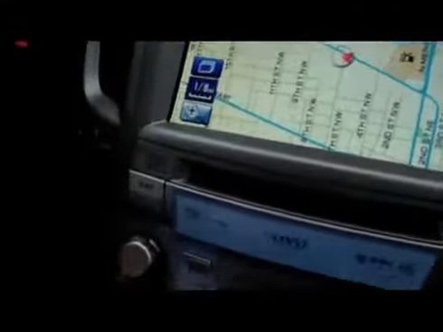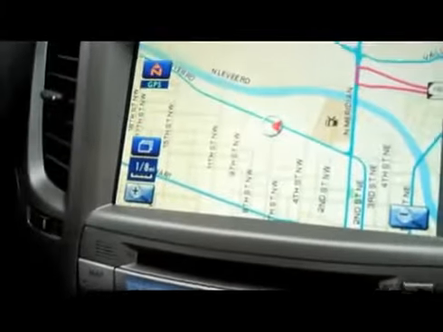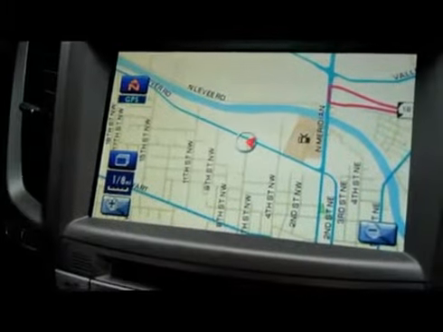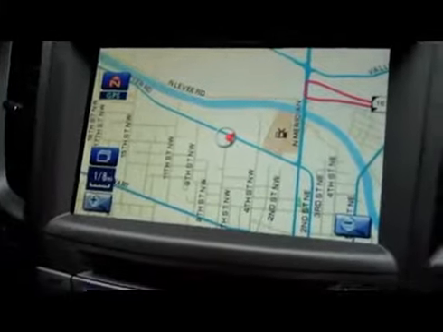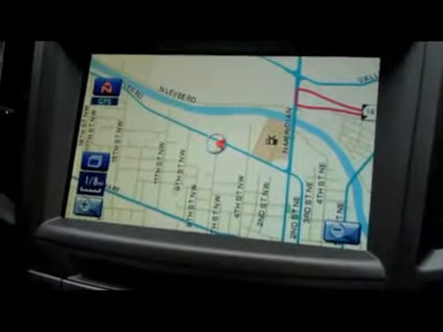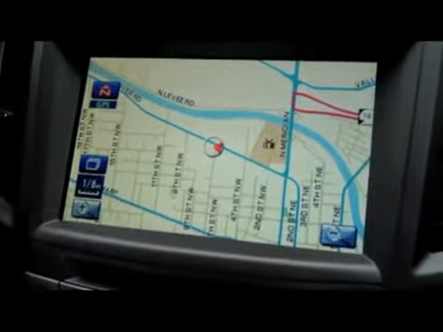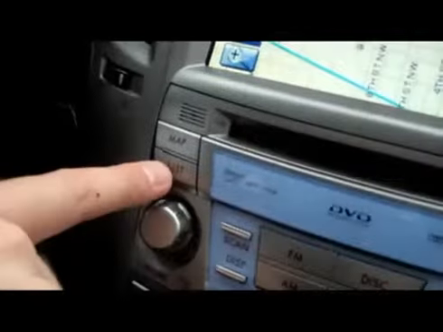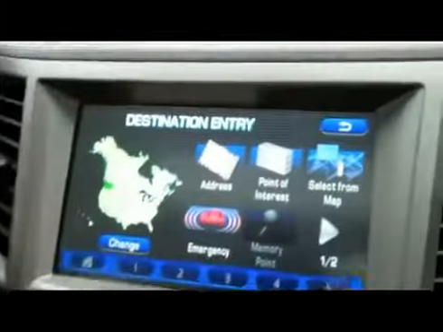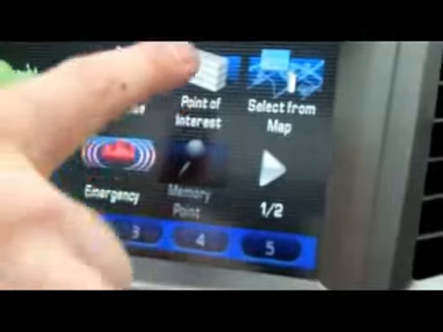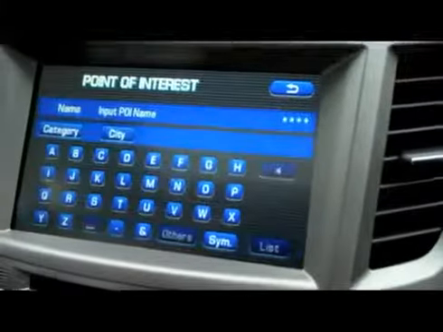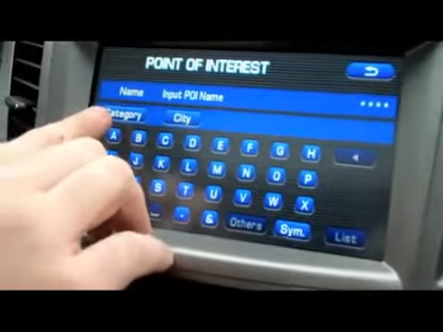Okay, the second way that we can find Husky Stadium, if you didn't go to the University of Washington, you're not familiar with the area, you're new in town and you just want to go see a game, well, we know it's called Husky Stadium. So the next thing we want to do is hit destination, and it's a point of interest. And here we go to category,